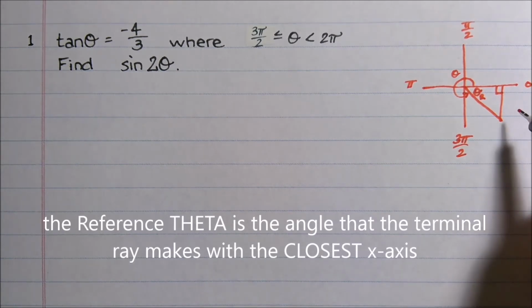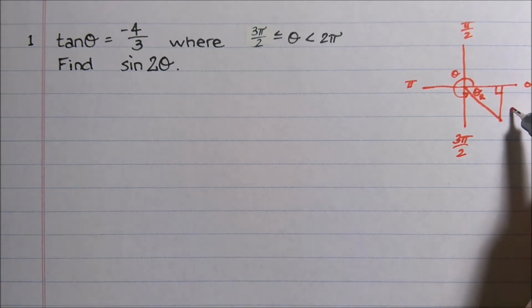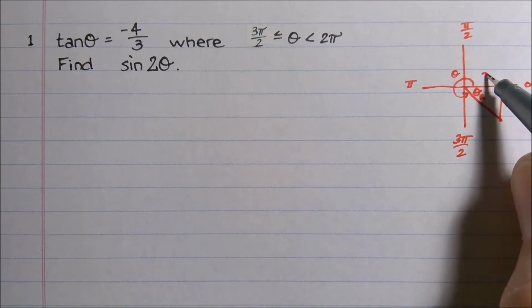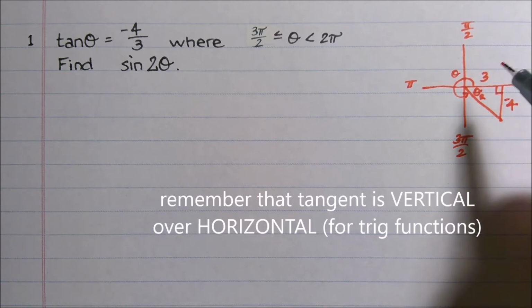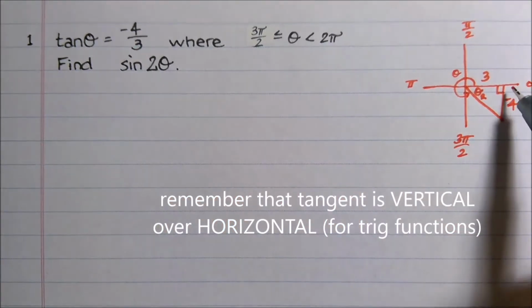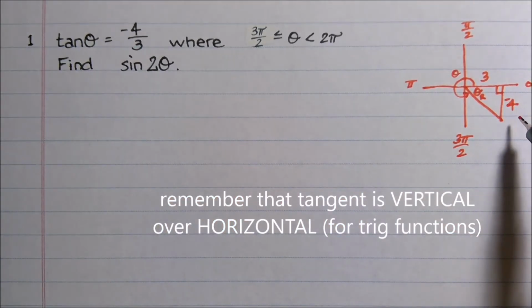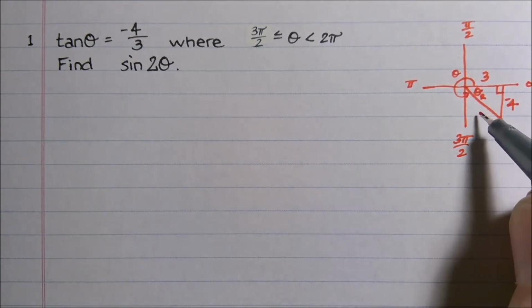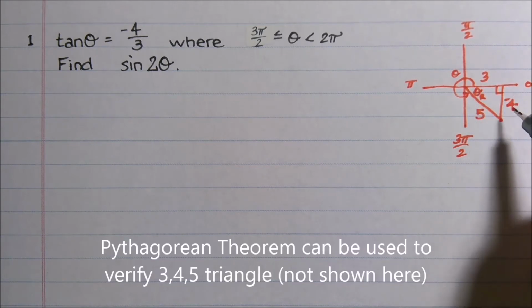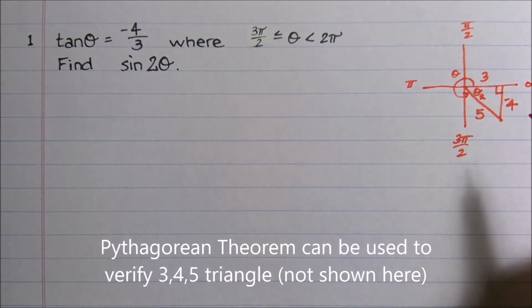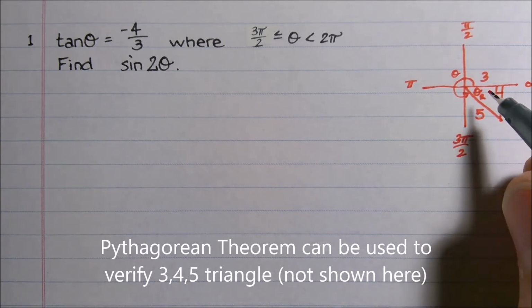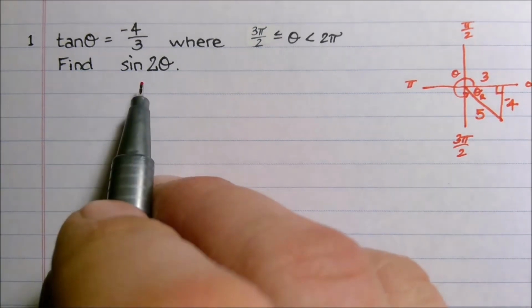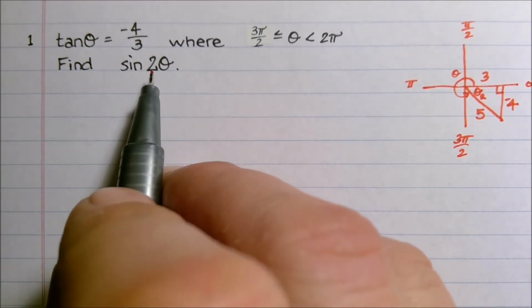That theta reference says that the opposite over the adjacent is 4 over 3, right? And it's nice. This says negative 4/3. That makes sense because it's down, negative 4. And hopefully at this point you know that this is a 3, 4, 5 triangle. If you don't know that off the top of your head, of course you can use Pythagorean theorem to figure it out. So once we know what theta is, we're supposed to now use sine or find sine 2 theta,